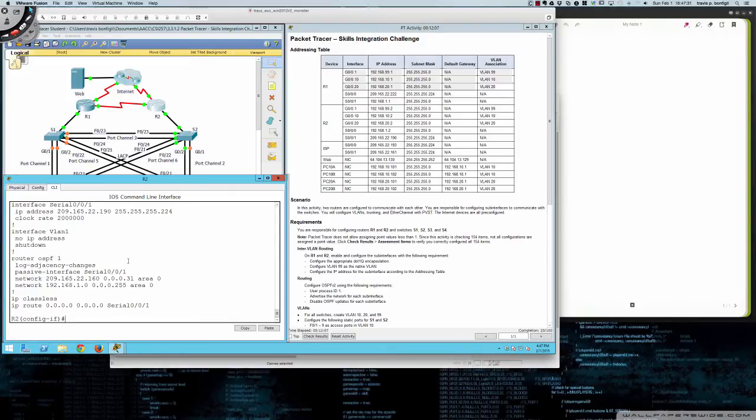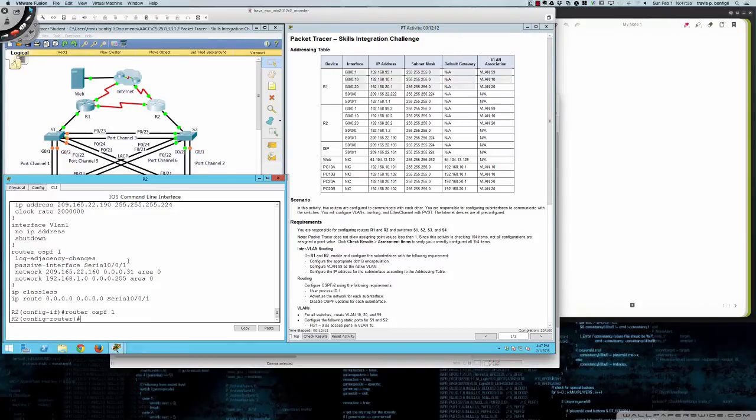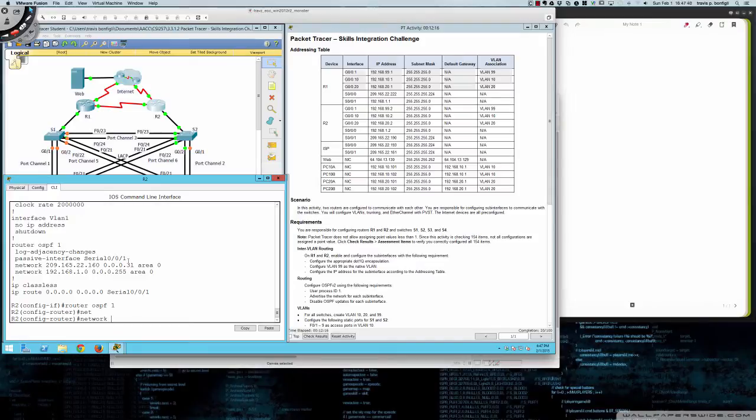Okay, so we're going to say router OSPF 1, and you can see where the passive interface statement's already in there. We want to add in network 192.168.99.0 with a wildcard mask of 0.0.0.255,